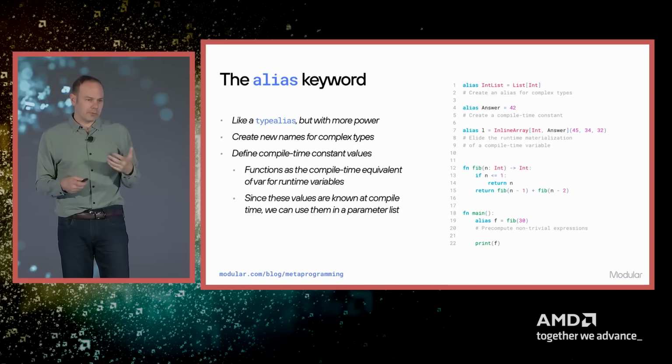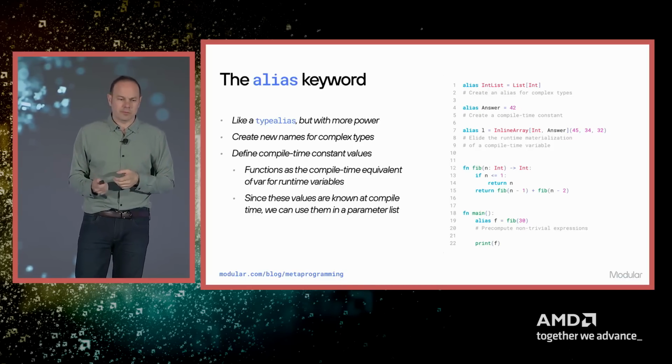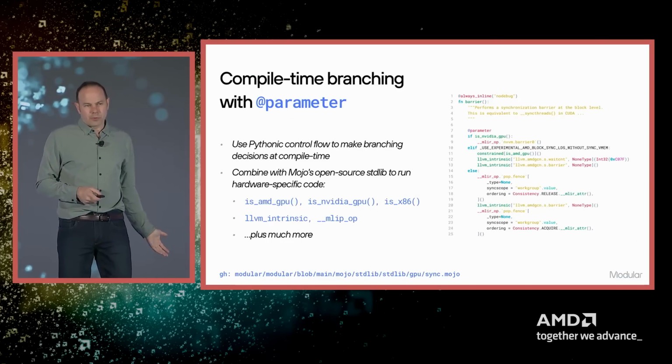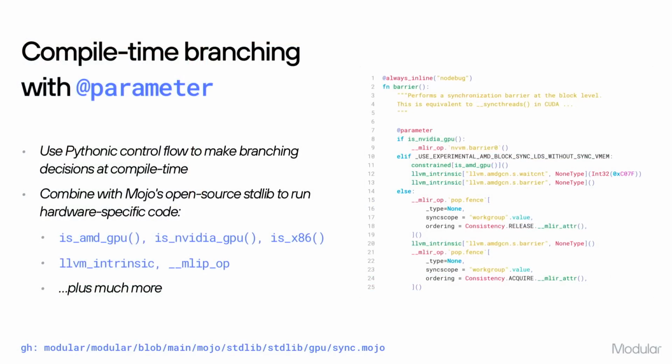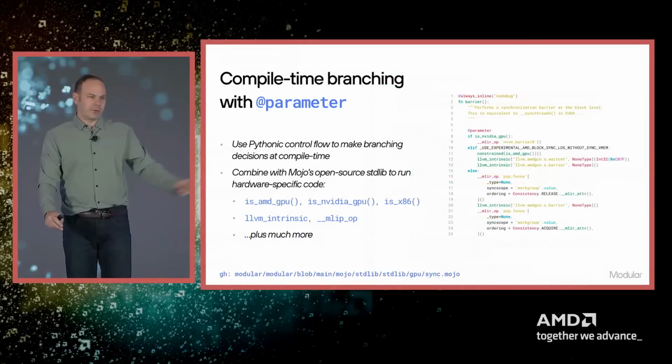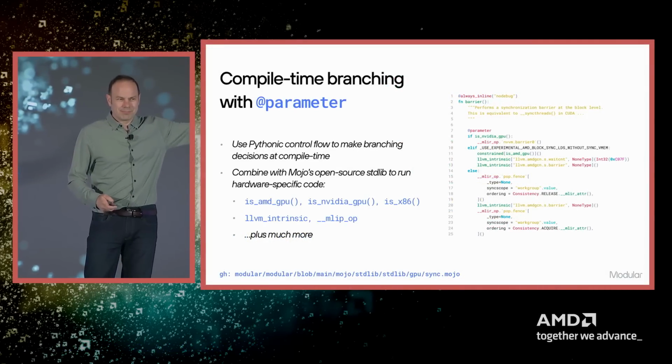And this power, this flexibility, is what empowers you as a library developer to take advantage of this very fancy system. Now you play this forward, Mojo talks to things like low-level assembly and MLIR and very fancy compiler stuff. And when you combine that with powerful metaprogramming, it enables you to write very generic code that is also portable, and write that in a very straightforward way in libraries. And then you can build things like a barrier function and have very simple, very generic algorithms that have a tremendous amount of power inside of them. And again, the cool thing is you get that power, that flexibility, the configurability, but there's no magic. If you want to step into this in a debugger, you can totally do that. It's just that easy.